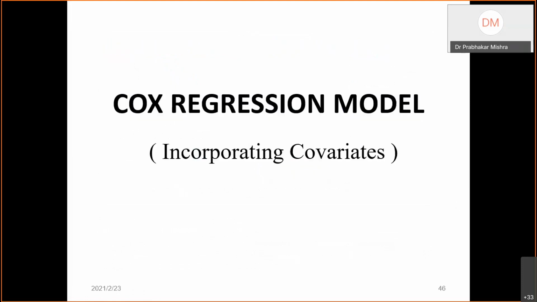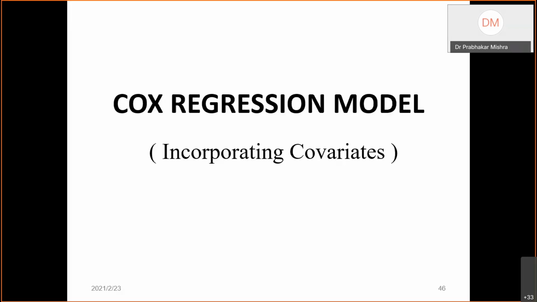Now coming to the Cox regression model. The advantage with this model is that here we can use categorical as well as quantitative independent variables. But in the Kaplan-Meier method, we can use only categorical independent variables, like diabetic, non-diabetic, that was categorical. And if age in running data is given, then we can't use the Kaplan-Meier method in that situation. So Cox regression has various advantages over the Kaplan-Meier method.